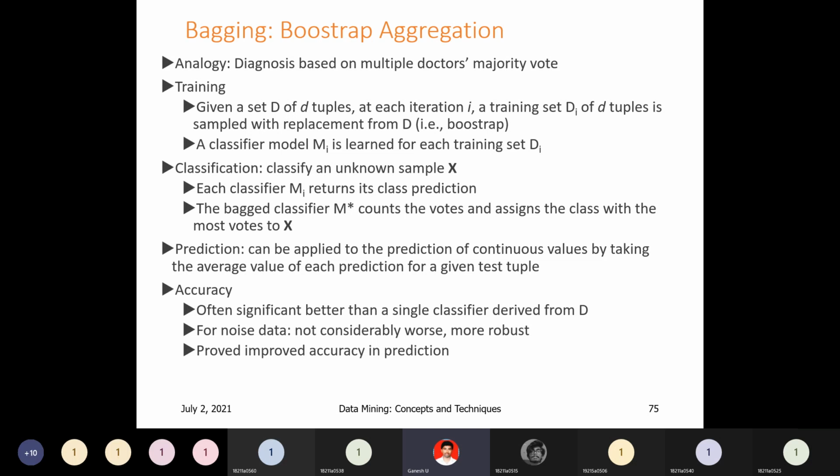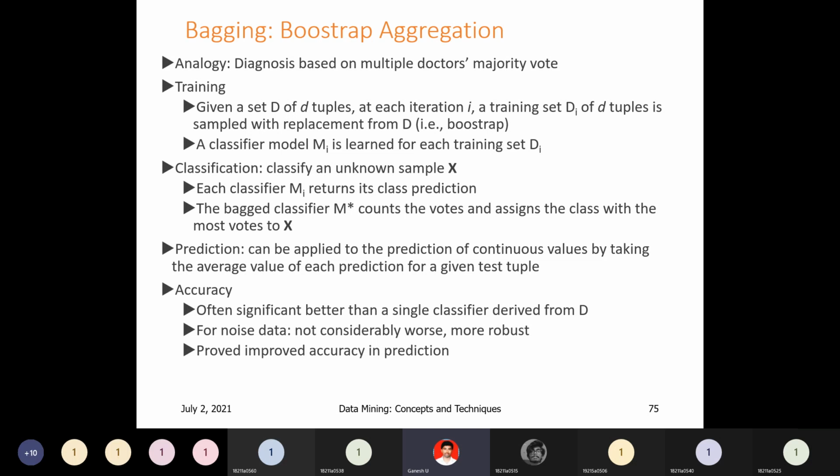Here the main thing you have to underline is sampled with replacement. In training you will take sampling with replacement, sampling elements with repeated values. From those different sample data sets, you will create different models. The combination of all those models is obviously better than a single model. Bagging is nothing but average, I can say. The name itself indicates bag: combine a number of models and take the average. That is bagging.